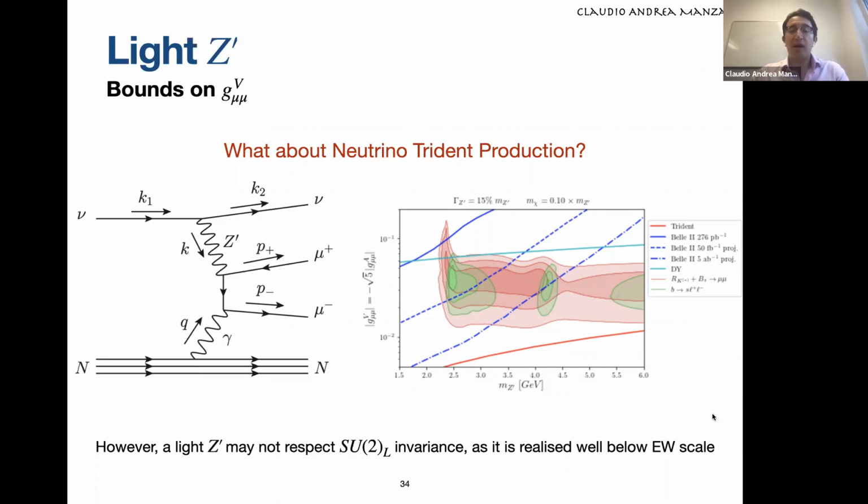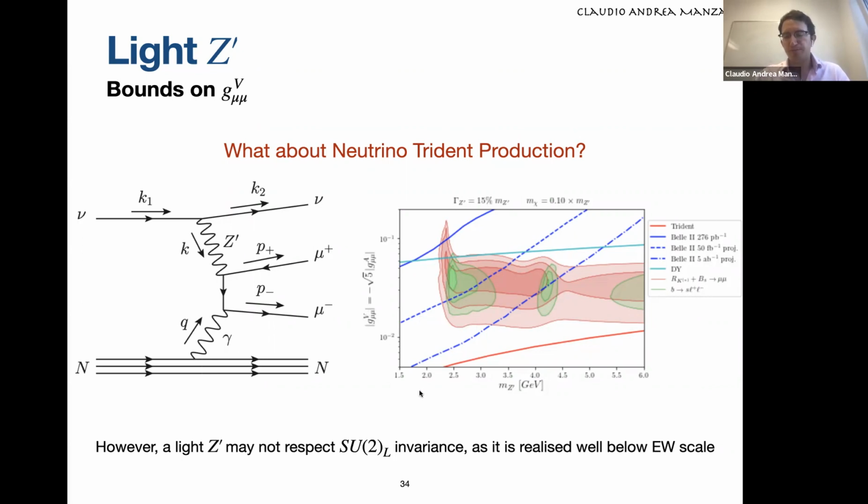Well, in this case, we have very strong bounds from neutrino trident production data. And here you can see in red the bound that this will set on the vectorial coupling to muons. As you can see in red here, this would completely exclude any possible solutions in terms of a light Z prime. So this means that if you want to build models with a light Z prime that can provide a solution to B2SLL data, you need at least to cancel by a couple of orders of magnitude the